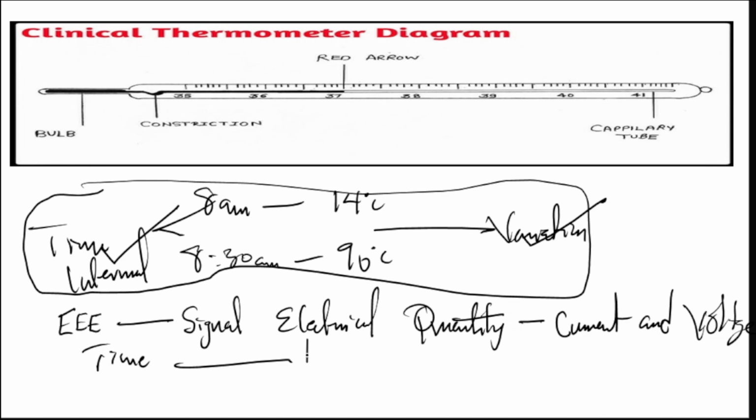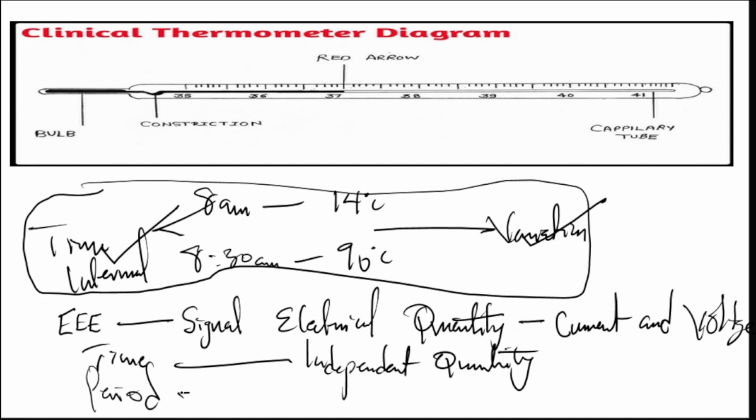independent quantity, right? So if you're now considering current and voltage over a particular distance, or over a particular period, the period there simply talks about distance. But when we are considering a time interval, it talks about time, right? So period here simply talks about distance, and distance is also an independent